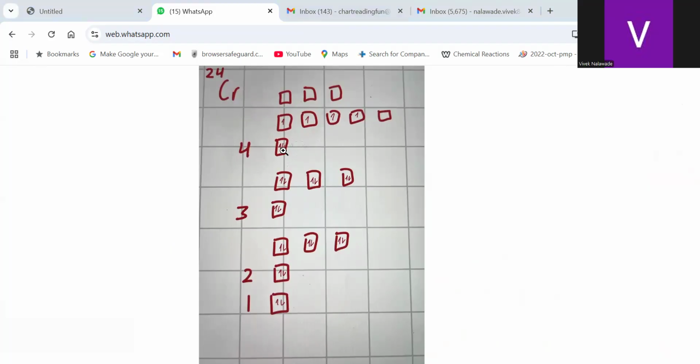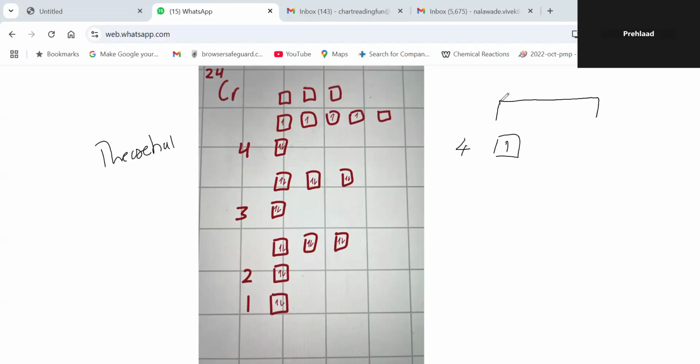So now, 4s2. Can you see this? You have made 1, 1, 1, right? What you drew is absolutely correct. This is called the theoretical electronic configuration. But when we talk about what is practically observed, there is one electron here in 4s, and one electron from here goes to the empty D orbital.